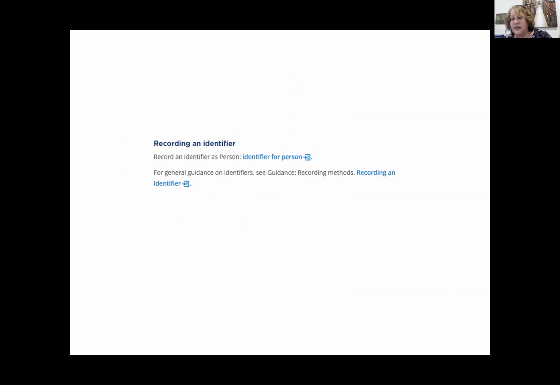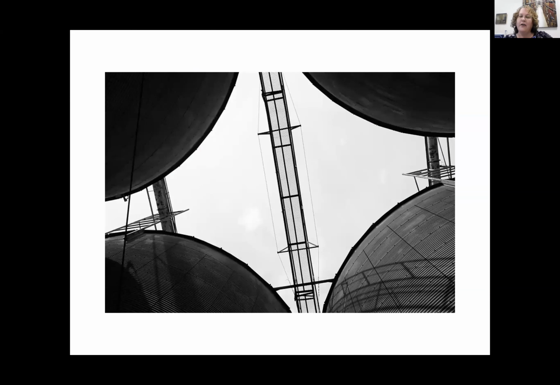We have three goals in opening up our metadata. One is that RDA, the cataloging rules, allows and encourages the use of identifiers as preparation for a world of linked data. And we certainly don't want to find ourselves left behind as the world, especially the richer countries, moves ahead of us. We also wanted to open up out of our silo, out of the library world into the larger world,